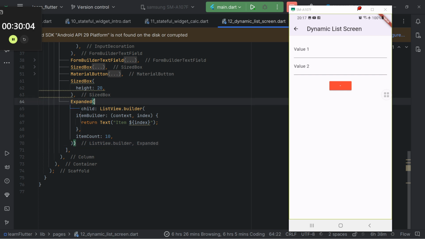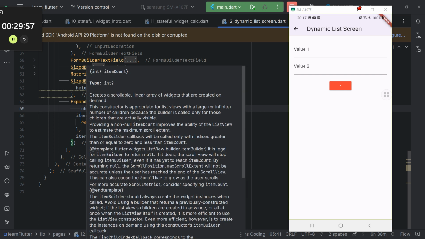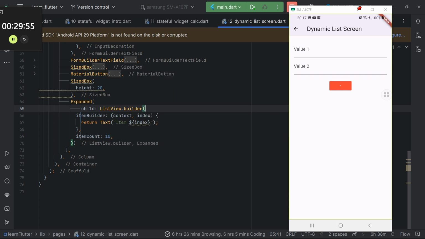So here is the Expanded widget that I want this list to have enough space, okay? Because it's going to be big. Otherwise, if you don't put Expanded, then it will warn you when it reaches the end of the screen. So after putting the Expanded, the next thing is you write ListView.builder. ListView.builder is the Flutter component that is used to build a